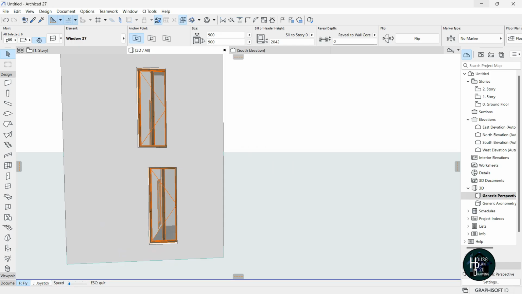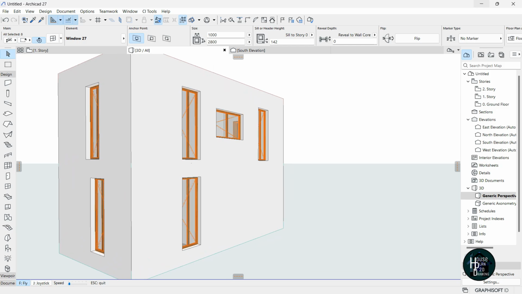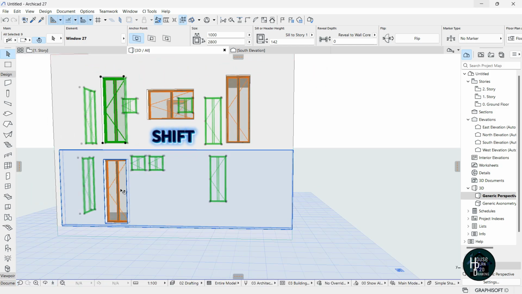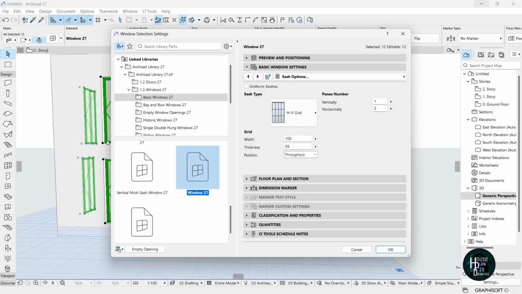Still hold on Shift, click this, click this, come to this side too, hold on Shift, click this, click this, click this, click this. Okay, once you finish doing this, click on the settings dialog,